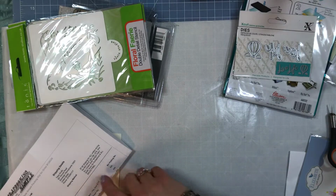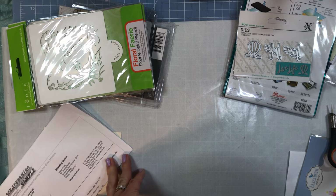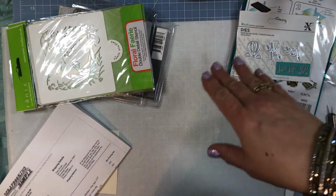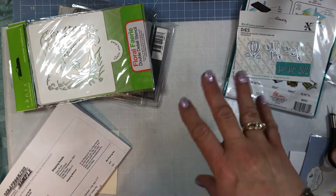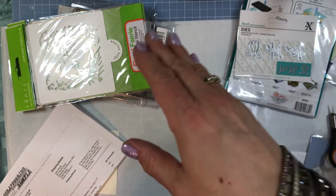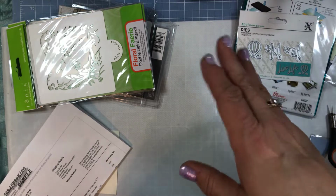There was one thing that I had ordered on this order that they ran out of. It was called a sentiment die by Do Craft. It was called Dream Big, and they don't have it. So with this shop that doesn't hop, you place your order and they do everything they can to get you all of the things that you ordered. But it's done in order, in other words. So if somebody was ahead of me and had ordered that and it was the last one, that person got